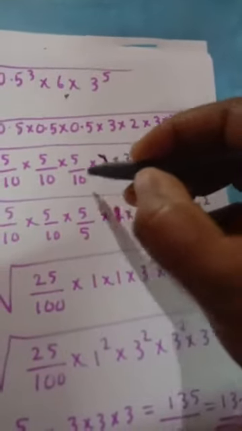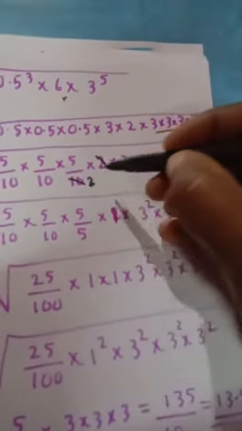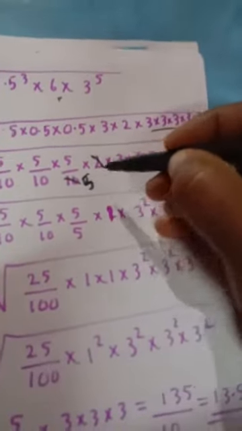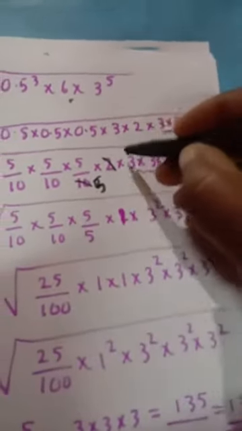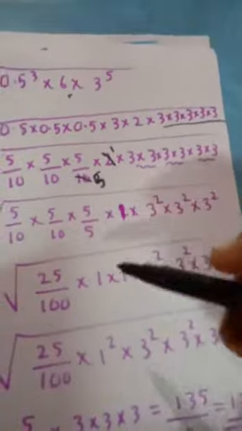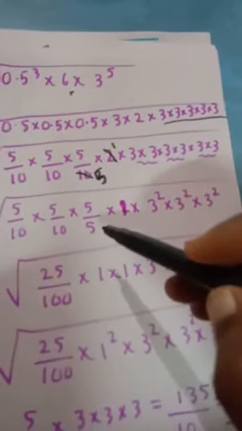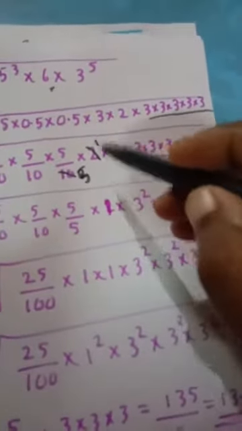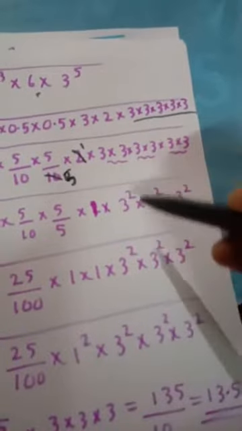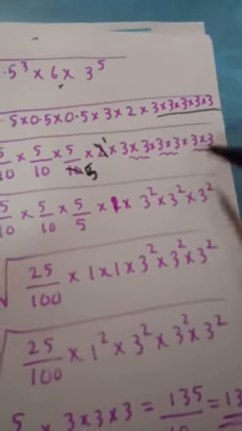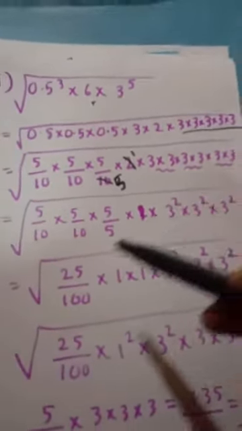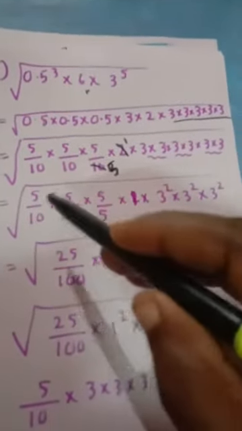2 and 10. 5 2s are 10. Okay, 1 2 is 2, 5 2s are 10. That is 5 by 5 now. It is 5 by 5 into 3 into 3, 3 square, which is equal to root of 5 into 5